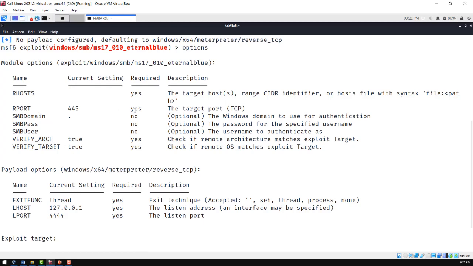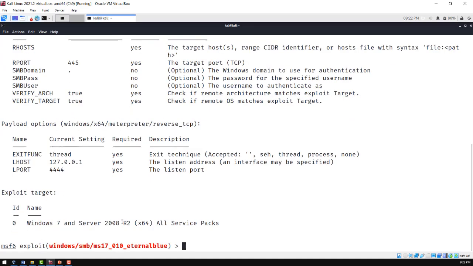For this, we actually need to set our host for the exploit, and we also need to set the local host for the payload. The local host is our IP address, and that's where the payload will call back to, and it's using a default port of 4444. You could use another port if you want, but just for simplicity, I'm going to leave this as 4444. So we're going to set our host, and it's 172